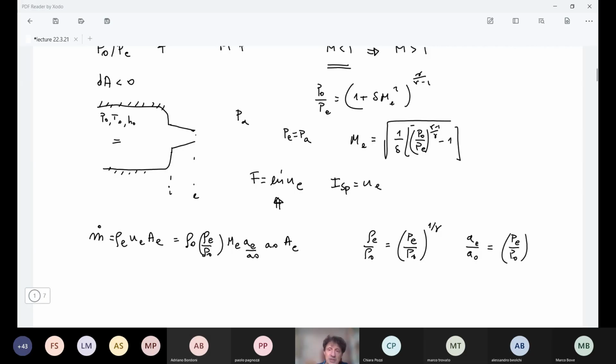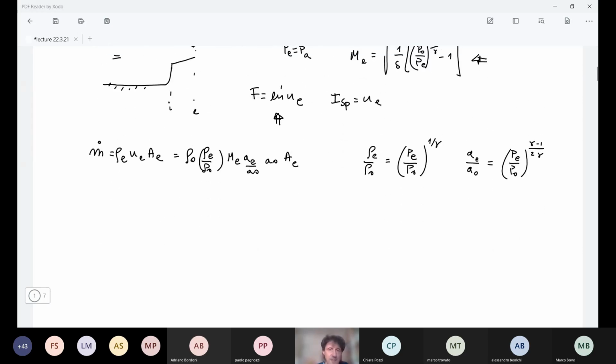The temperature will be gamma minus 1 over gamma, and the speed of sound is square root of temperature, so it's gamma minus 1 over 2 gamma. Then we have here the expression for the Mach number, and I can make the substitution in this expression. Let's leave it in this way, and we have that dot m is equal to,